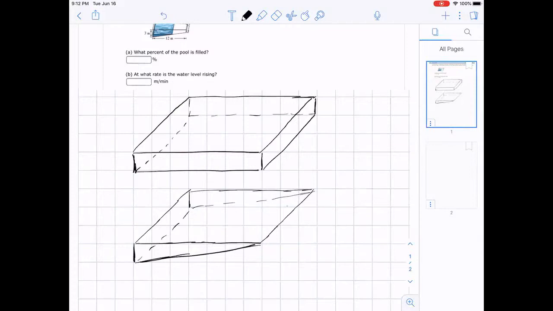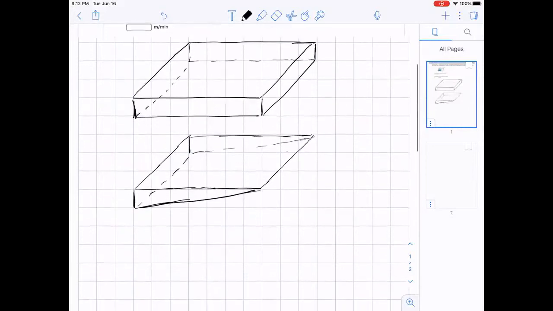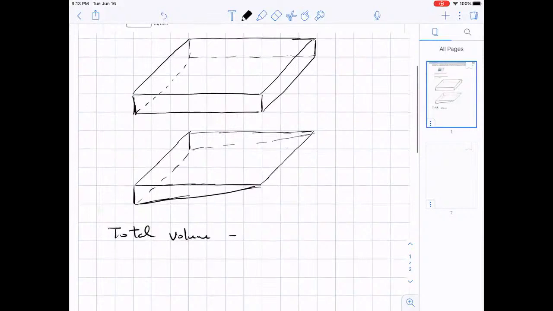So basically these are my two pictures that I have here. If you combine those two pictures, that's the total volume of the pool, and I separated them just so you can see. So the total volume would be this triangular-looking part plus that rectangular part. So it's the bottom volume, which I'll call A, volume of A